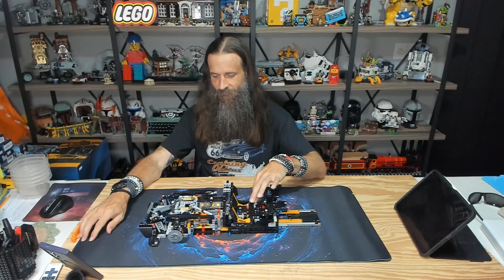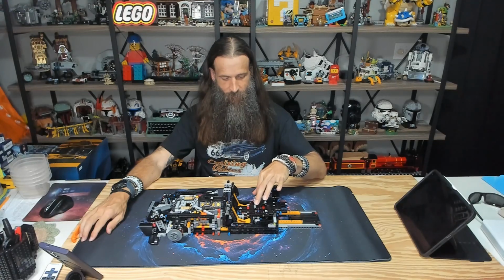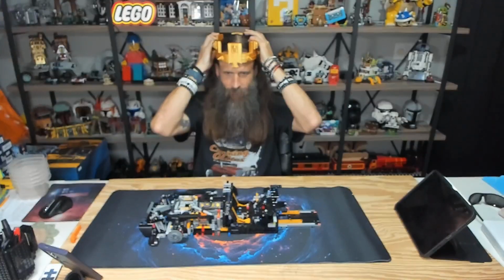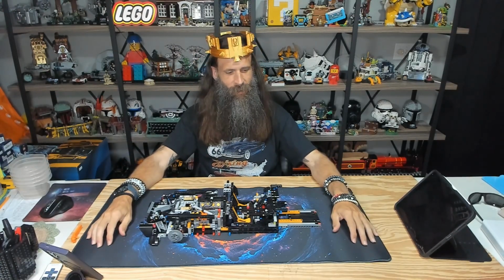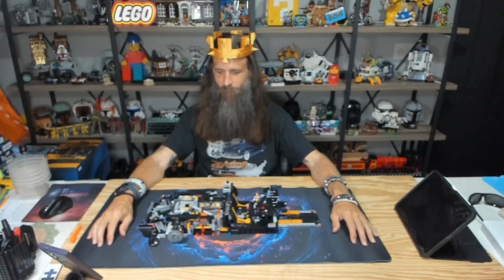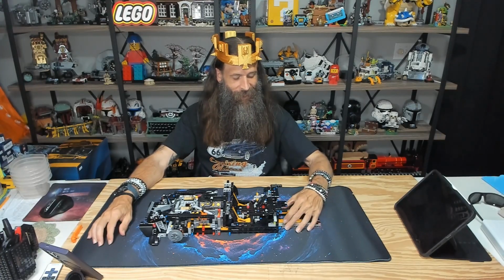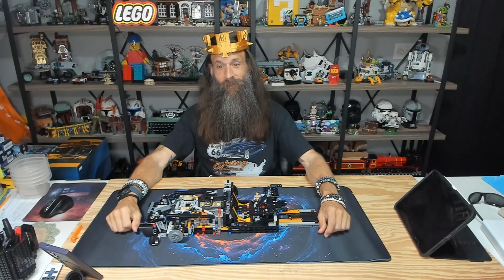Oh gosh, I love this little shifter. It is so awesome, the way that works. That is amazing. Boy, they got this. Could you imagine being on the team? See how I was almost out of here, and then I sidetracked myself again. Could you imagine being on the team coming up with this, and just the gears, not even the look? I imagine there has to be multiple teams. It probably said it in that book that I didn't take the time to read yet. But man, Lego, I'm not even halfway done, but this is a winner in my book